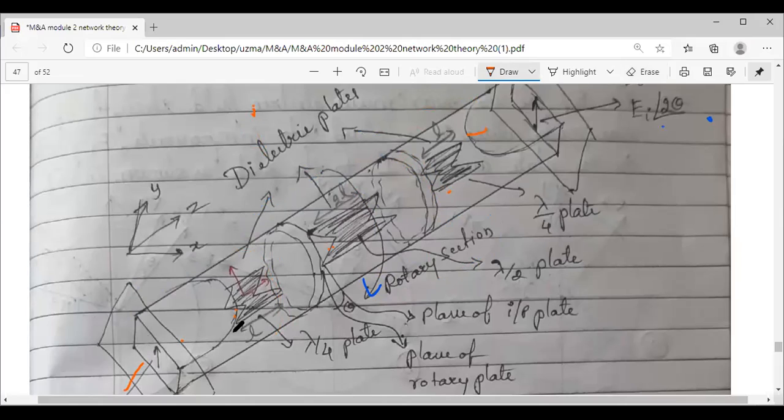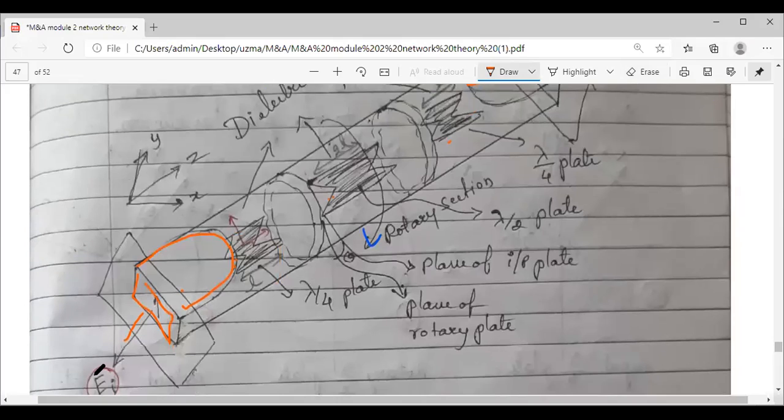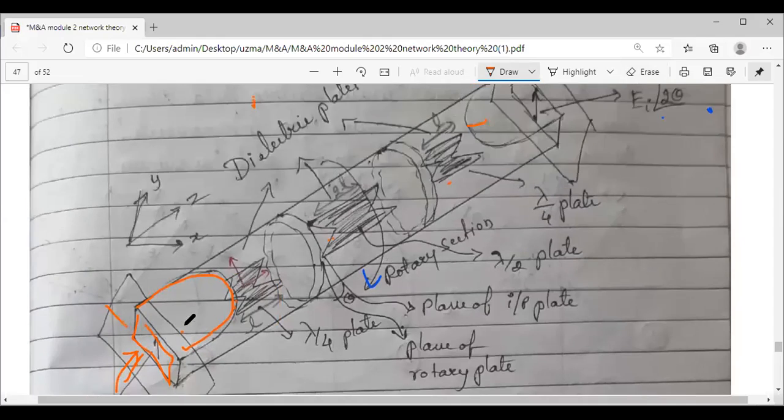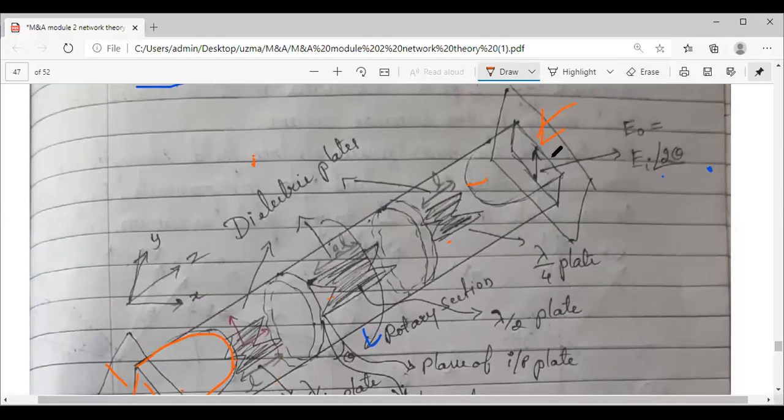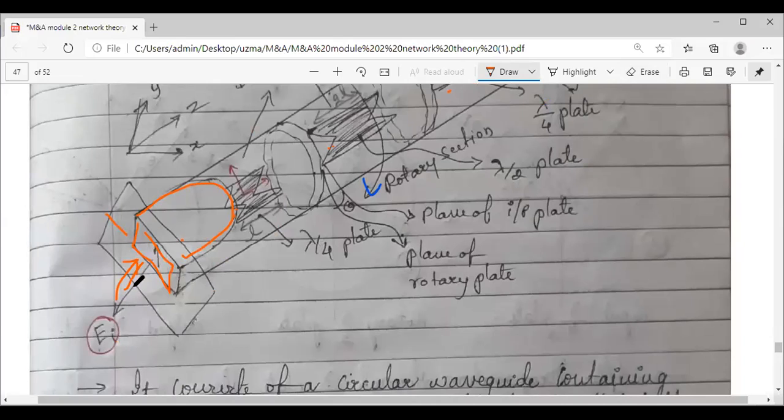This is your waveguide. If you observe, there is a rectangular waveguide whenever some input is applied. This is your input port, the other end is the output port. Whenever you are applying the incident wave, if it is propagating from this port, here it is a rectangular waveguide. After that, there is a transition from rectangular to circular, looking from this side. If I look from this side, there is a transition of circular to rectangular.